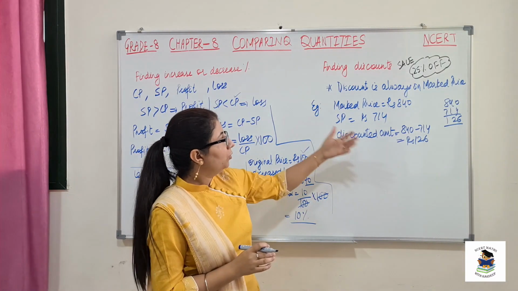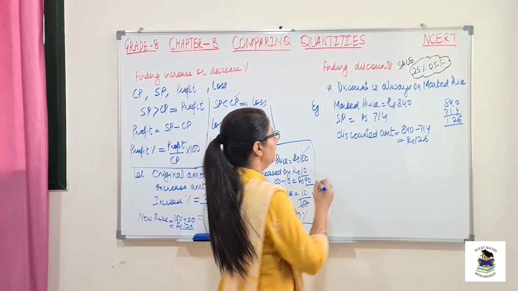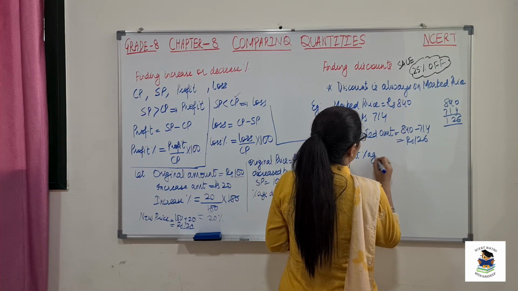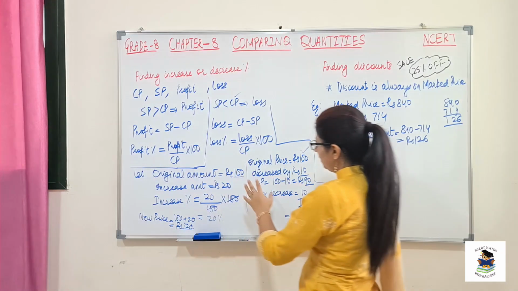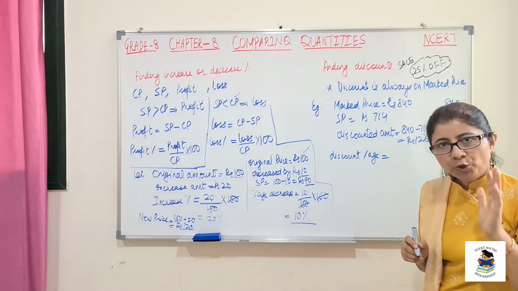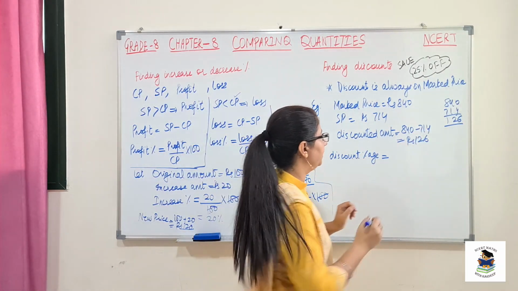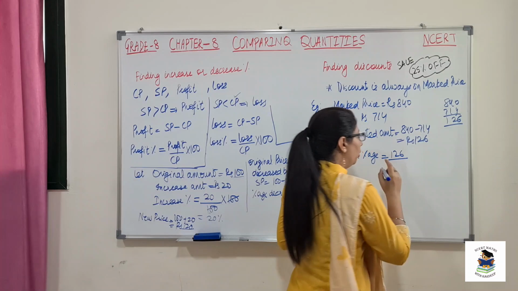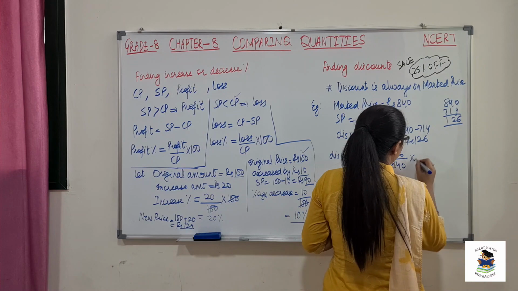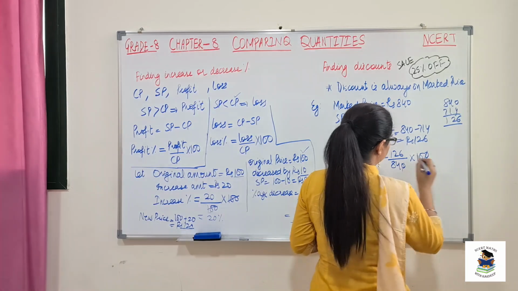Okay. So now let's see how to find the percentage. That means how much discount percentage I got. So discount percentage, as I already told you, discount percentage, increase percentage, decrease, profit or loss, everything is always with respect to our original price. So discounted percentage will be our discounted amount, that is rupees 126 over our original price. Original price is 840 multiplied by 100.